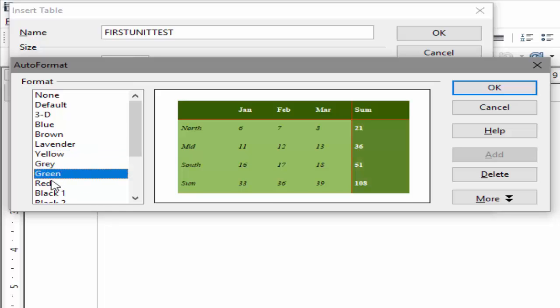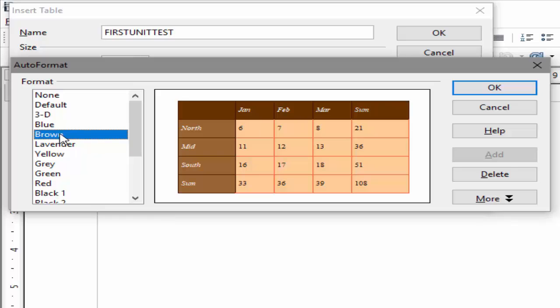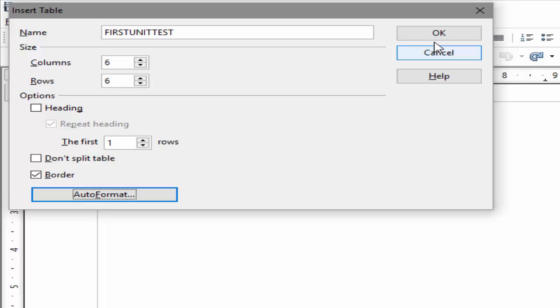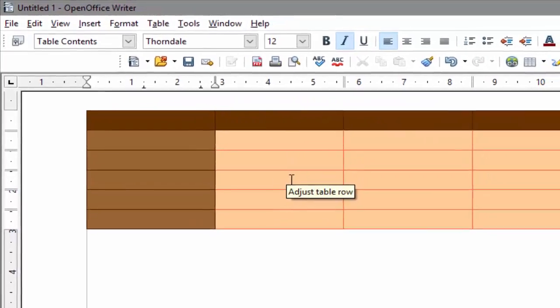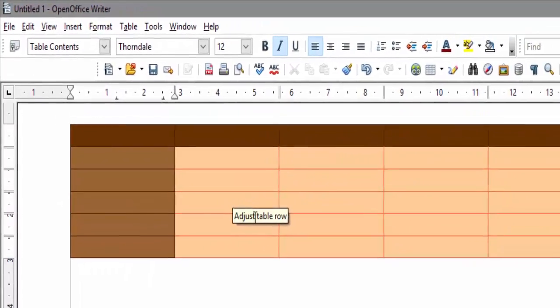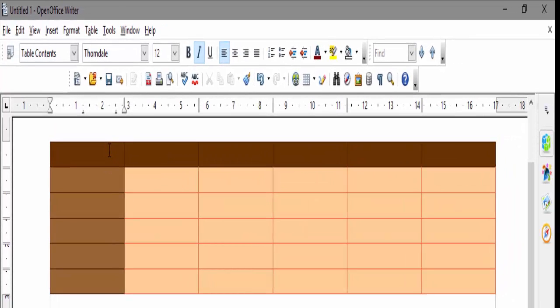Select any one of them that you want to apply on your table. You can see its preview also. Click on the OK button to close the auto format dialog box. Click on the OK button to close the insert table dialog box. Table will appear at your insertion point in your document with your desired rows and columns. In this way we can create a table in